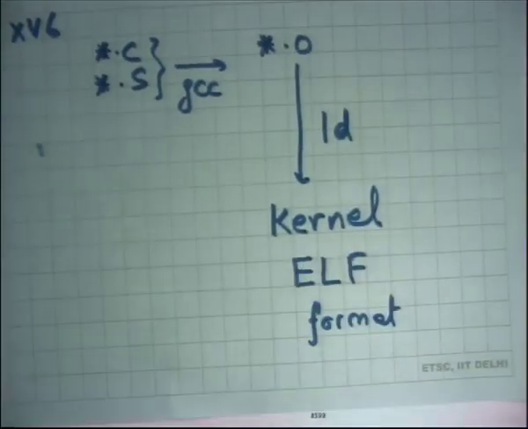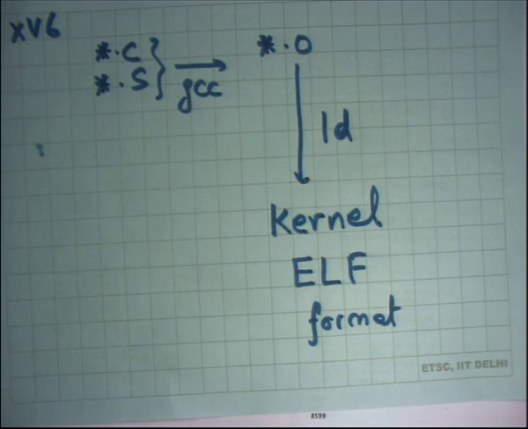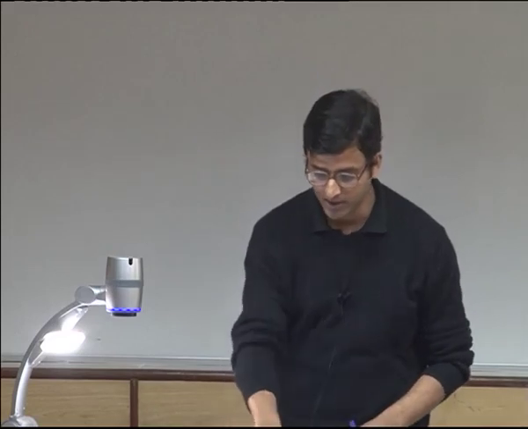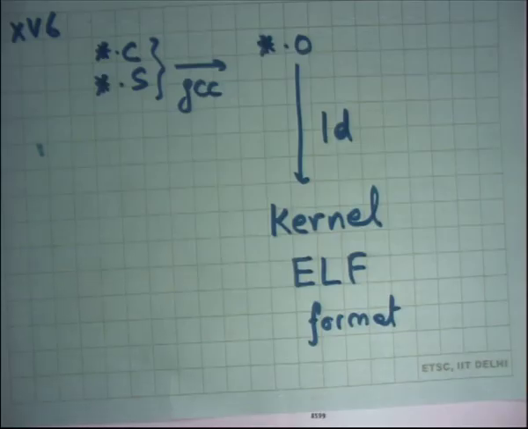Similarly, this kernel will say that this is my code and this is my data, and load this code at this address and load this data at this address, and so on. What my bootloader is going to do is respect whatever the ELF file is telling it and put it at the right address. The ELF file will also contain the start address, and based on that the bootloader is going to jump to the kernel. So the boot sector's job is over, and now it's the kernel which takes over. The boot sector loads the kernel and jumps to its first instruction, and how it does all this is basically dictated by the ELF file.